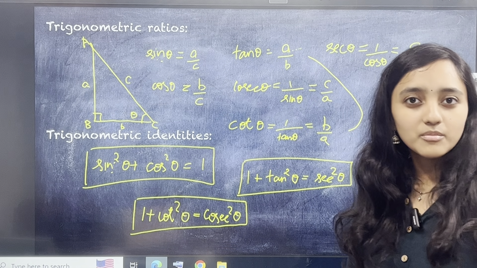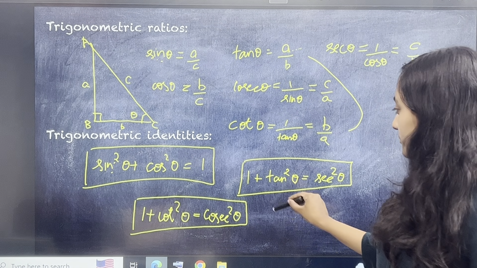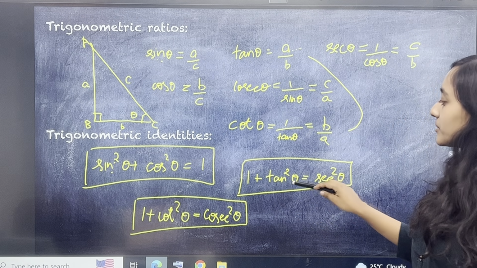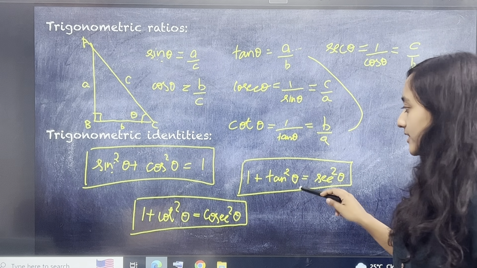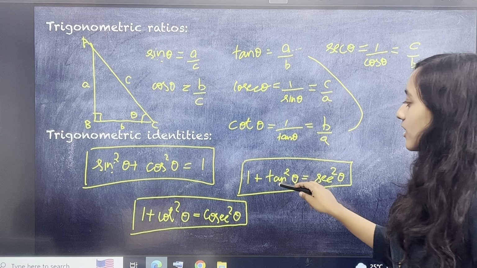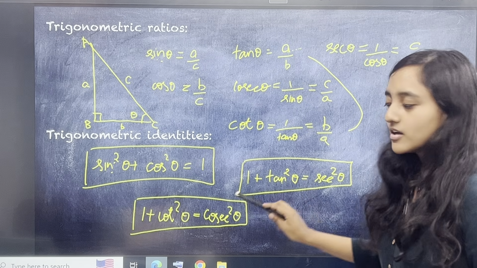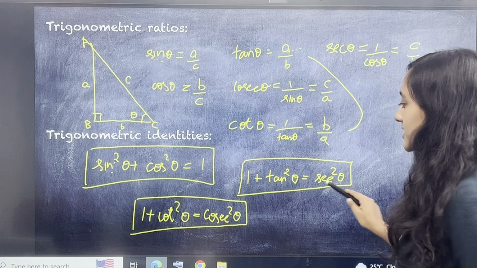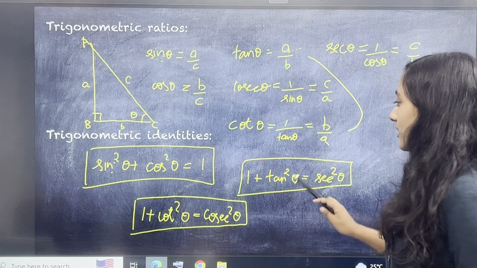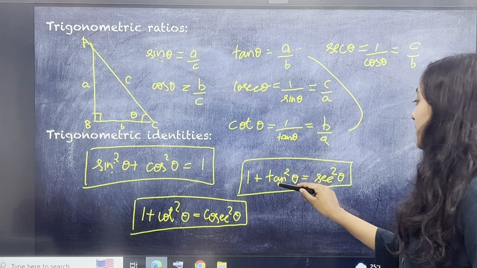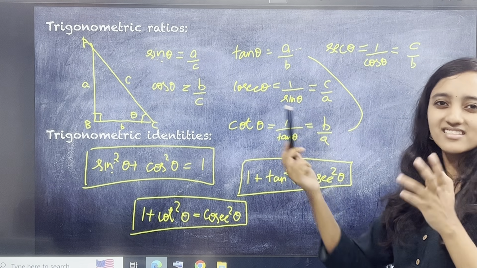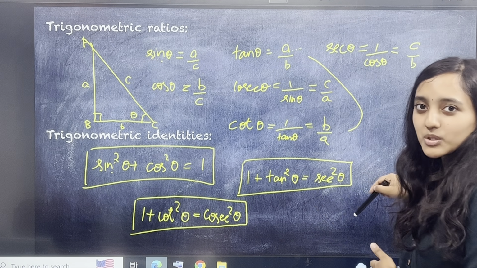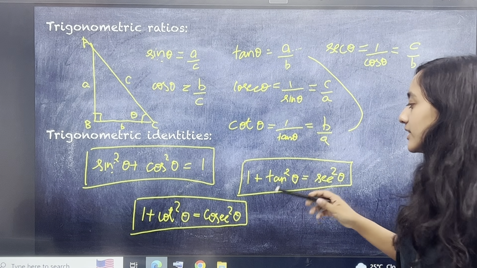I had weird ways of remembering this. Once I knew that 1 plus tan square theta is equal to secant square theta, right? Tan का reciprocal होता है cot. So I remember that okay, 1 plus tan square है तो 1 plus cot square होगा. फिर यहाँ पे secant है, यहाँ पे cosecant है. I remembered it as 1 plus t is equal to s, ts. So 1 plus t is equal to s. That was something I remembered it like.